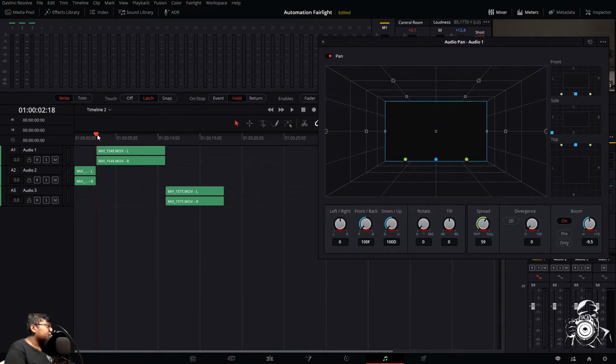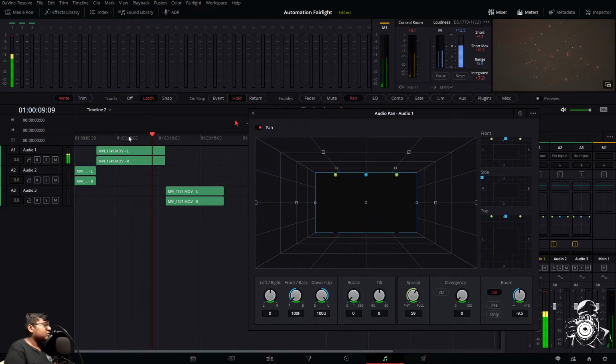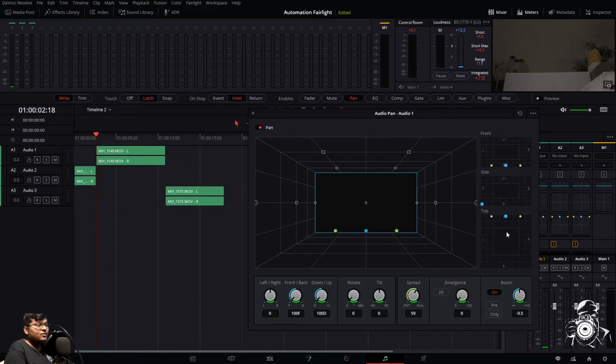Oh sorry, why isn't this playing? Oh, wrong keyboard. I'll redo the automation again, because I couldn't see that.